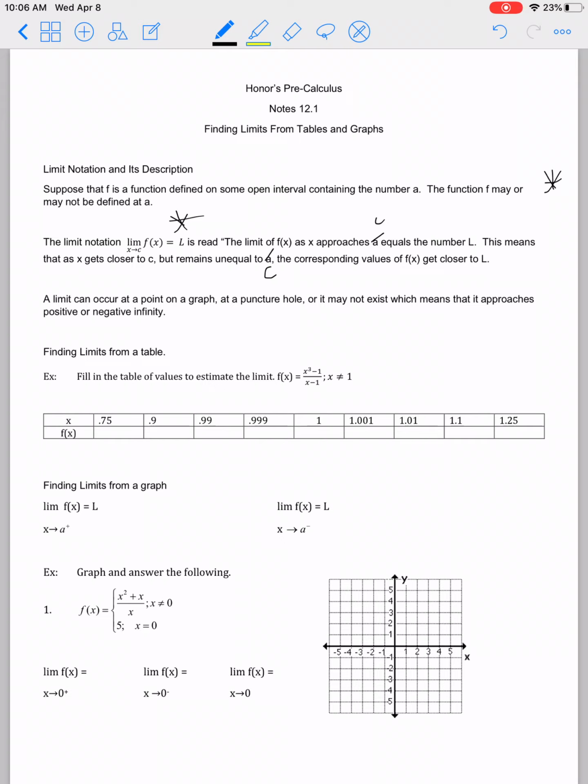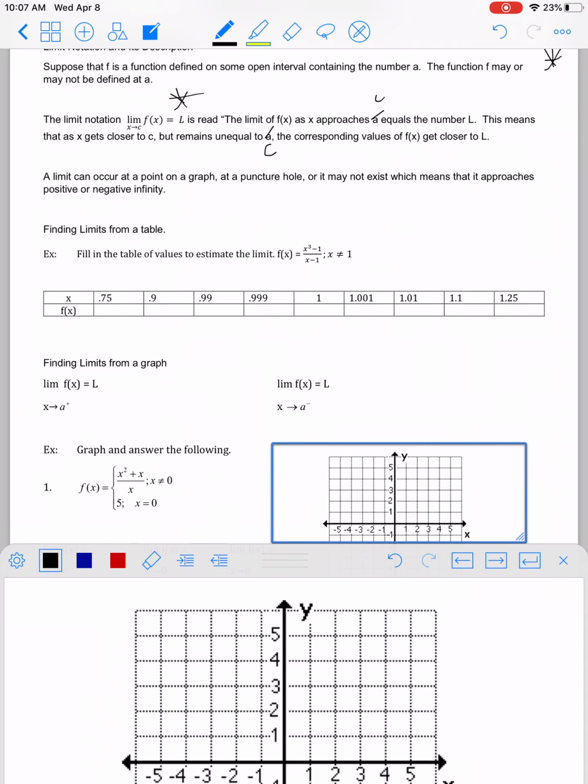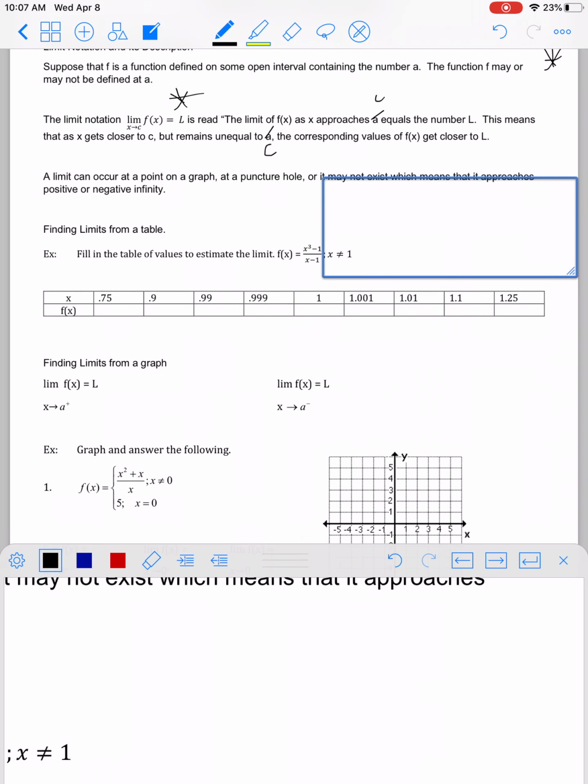What you're going to do first, you could do one of two things. You could simplify the function by hand. And I know learning from home, you'd probably rather use your calculator. So you're going to do the following. I'm going to use my box feature here so that I can fit it for you. Step number one,